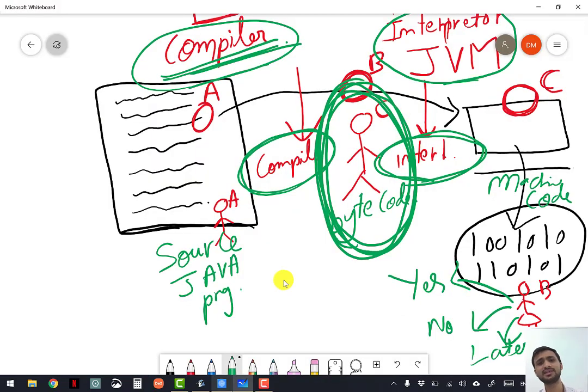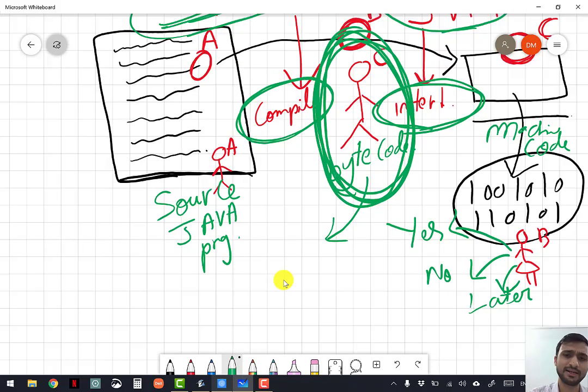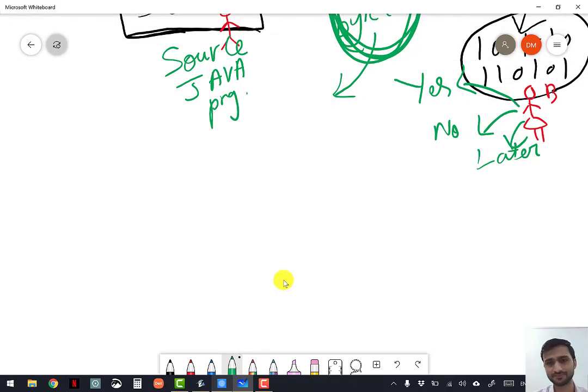Bytecode is such a language. This person C is such a person who knows all types of machine language. So what is machine language actually? Different operating systems.